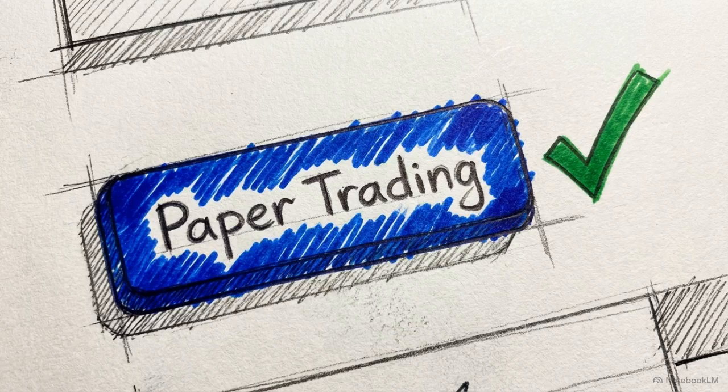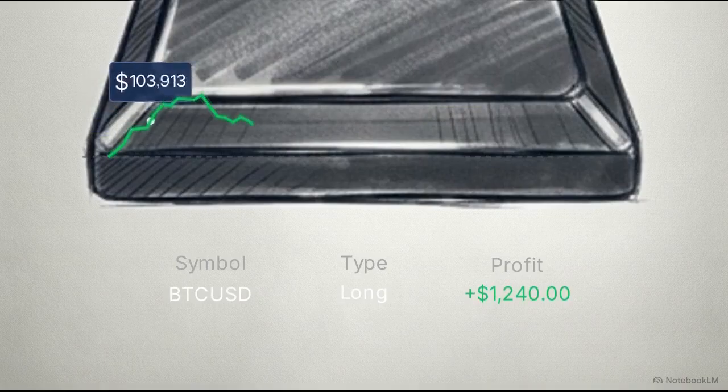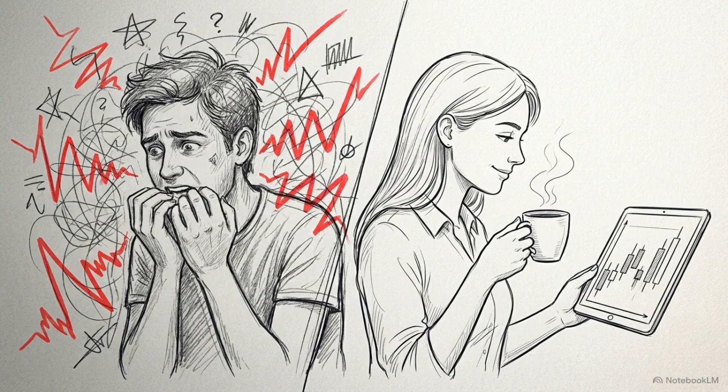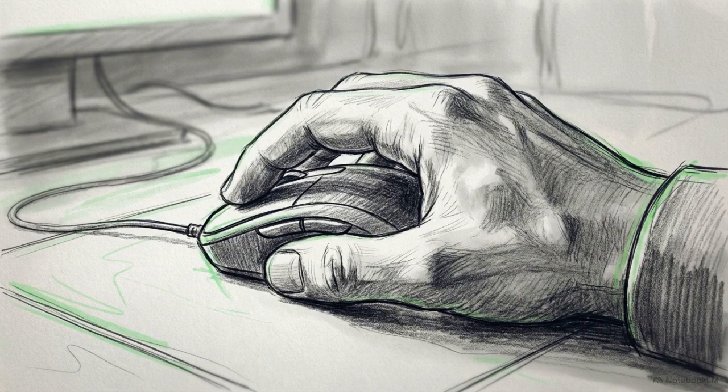Keep executing this exact process on the paper trading simulator until you have a documented track record of consistent, profitable setups. Mastering this structured environment is the difference between hoping a line goes up and executing a calculated professional system. Follow the steps, trust your analysis, and trade your